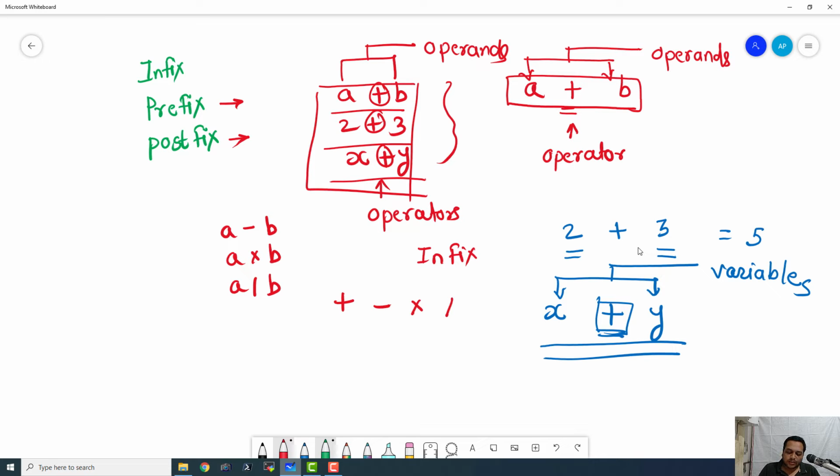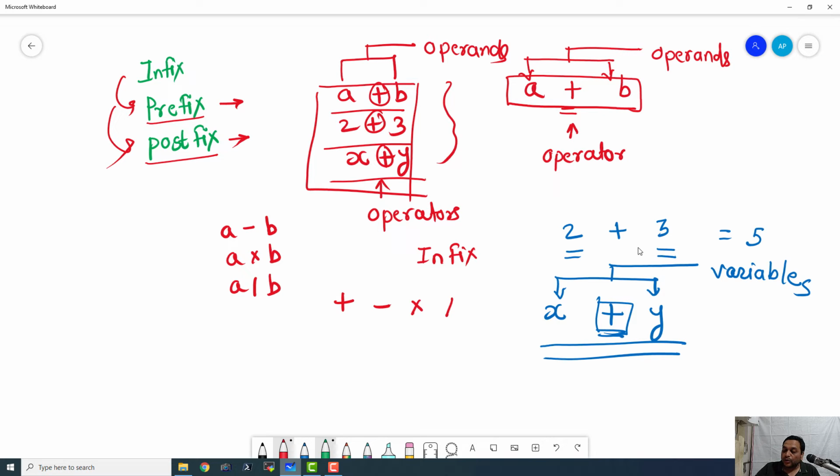Now we can convert them to something known as prefix as well as postfix. Whenever these expressions need to be handled by a computer, we have to use various data structures in order to evaluate them, and in order to evaluate them with precedence and correct associativity. So for that we have to use other notations. These are known as prefix and postfix. So let us see how we can convert precisely to prefix and postfix.